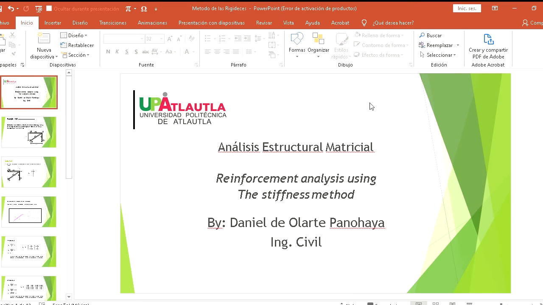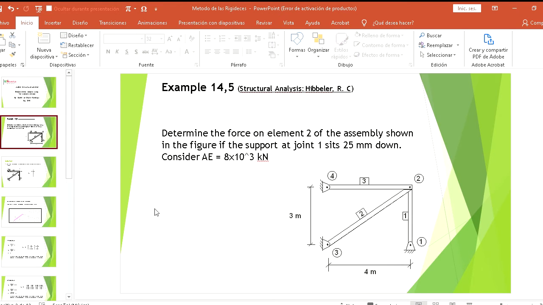In this video, I'm going to talk about reinforcement analysis using the stiffness method, and I'm going to work through example 13.5 of the book Structural Analysis by Hibbeler. In this example, it says: determine the force on element 2 of the assembly shown in the figure if the support at joint 1 settles 25 millimeters down. Consider the inertia and elasticity,